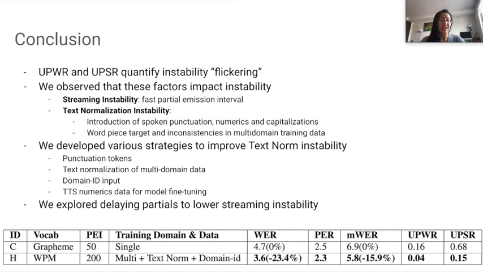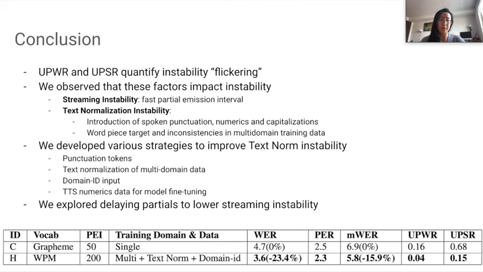The text normalization instability is largely caused by the fact that we asked the end-to-end ASR to directly predict spoken punctuation, numerics, and capitalization. We further explored how word piece targets and the inconsistency in the multi-domain training data exacerbated the